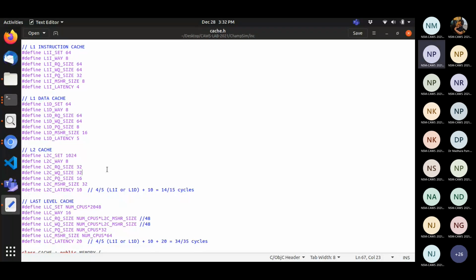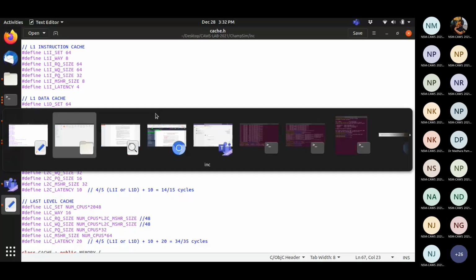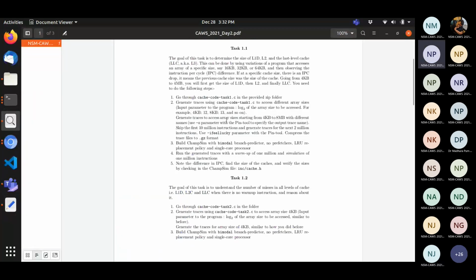Okay, all the data you are showing right now will be automatically created. This is a header file, which is already there, so you don't need to do anything with that. Whatever you have done for 4 KB and 8 KB array size, you need to repeat for the larger array sizes, that is 14, 15, 16, and so on till 23, by providing the command line argument. For all the array sizes you have to repeat the same process.